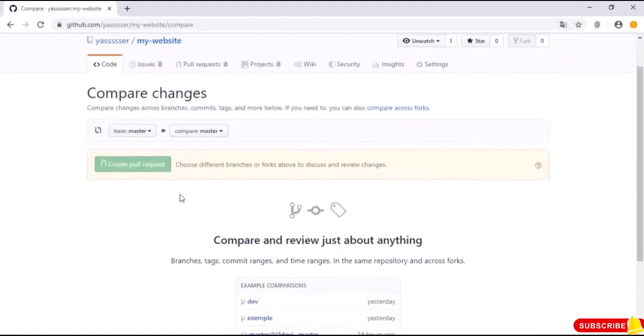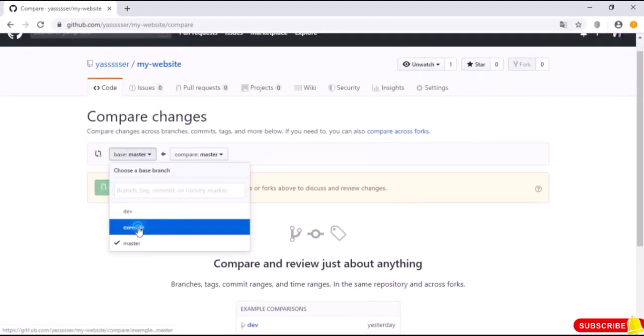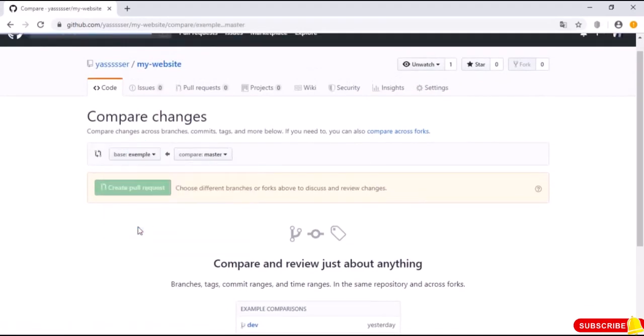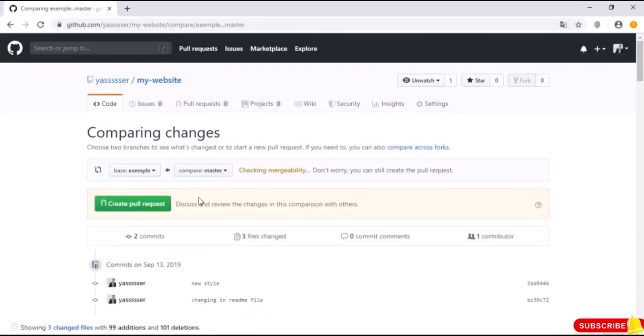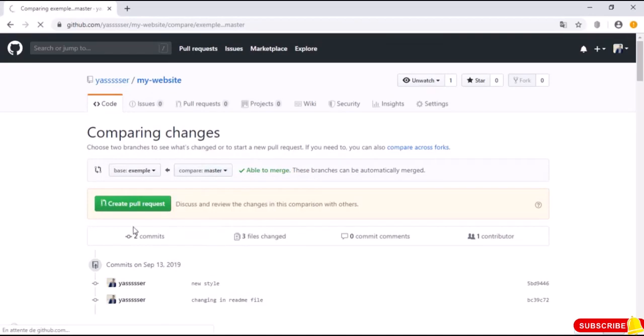and here let's choose, for example, the master, or just let's choose the example branch, and here we will compare it not with the master branch but with a tag. So let's use, for example, stable. We will compare it with the stable tag. Let's hit enter,